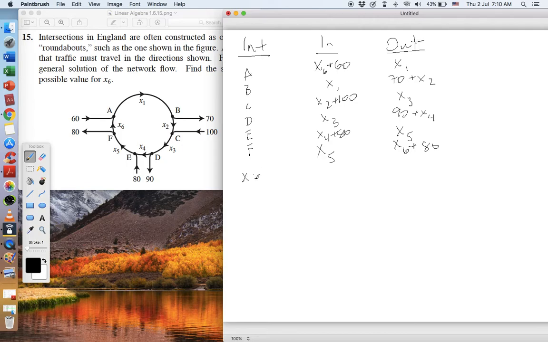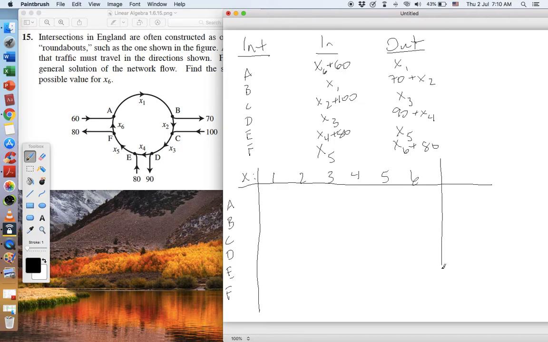And so again, on the top we've got several different variables in X. And then we've got these intersections here. This isn't yet a matrix, but you're going to see the makings of a matrix here in a moment. So we've got X values of 1, 2, 3, 4, 5, and 6. And then we've got some number of cars on this side here. And so at A we've got